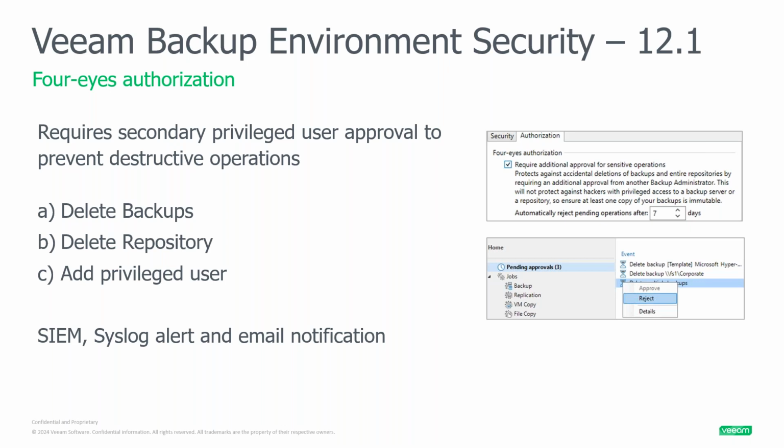All activities that are performed using four eyes authorization, or even the delegation that I previously talked about, are logged and sent to a syslog service or to a SIEM-based environment for activity notification and email notification as well, right? We have added support for syslog and integration with SIEM or any other security aggregation products, for example,